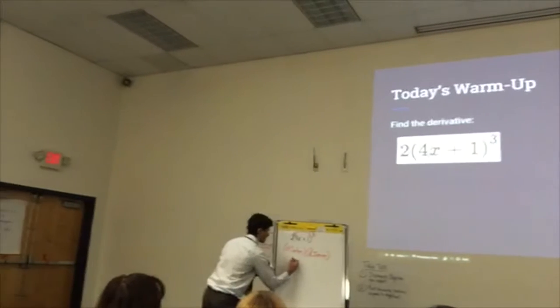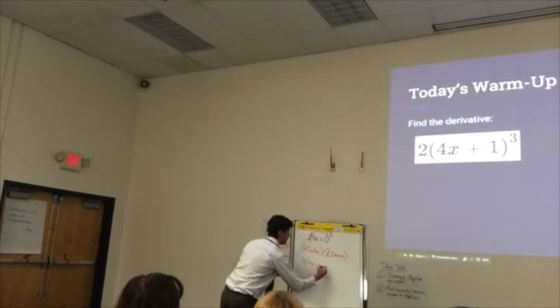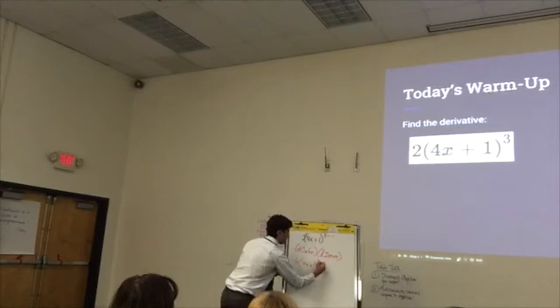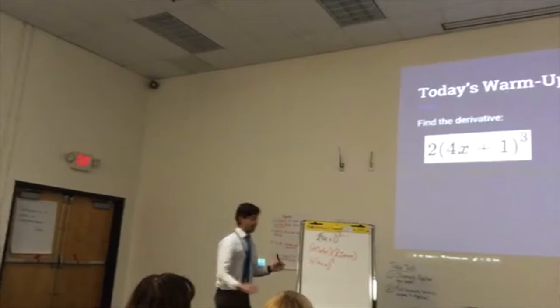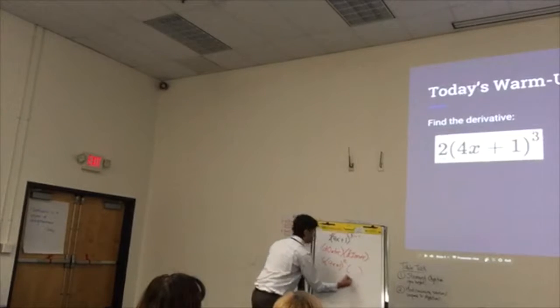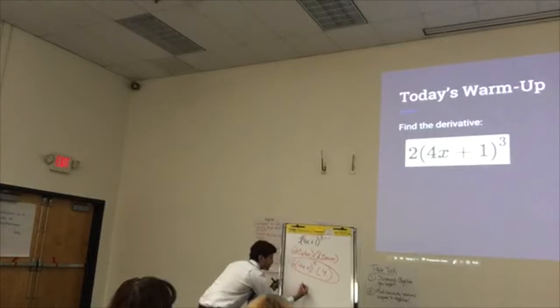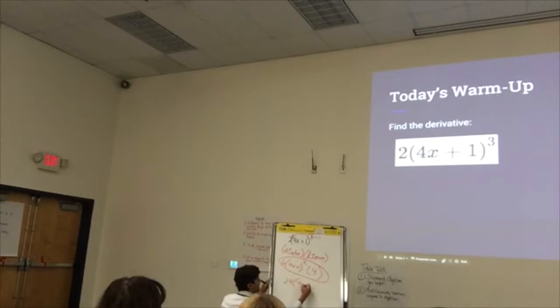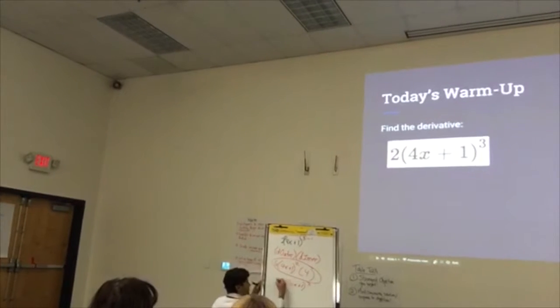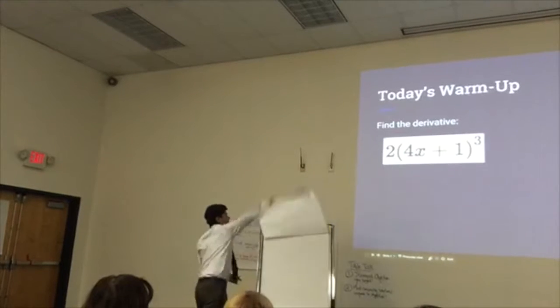So you just take your exponent, multiply down. 2 times 3 is 6. Keep the inside the same. Don't forget to subtract 1. That leaves you with the 2. And what did I forget? Dinner. Derivative of the inner. Boom, boom. Derivative of that guy is 4. And there's your derivative. Okay. I could also simplify: the 4 and the 6 could multiply and make it 24, 4x plus 1, quantity squared. Final answer. Now, for the integral,